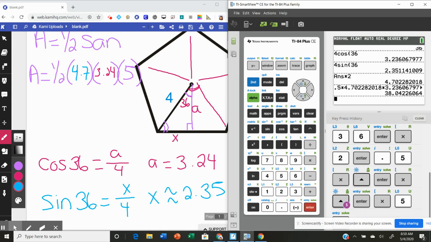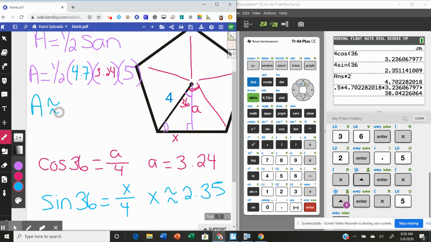Hit enter and I get that my area is approximately 38.04. So area is approximately 38.04. I didn't get a unit in here. I don't know if these are